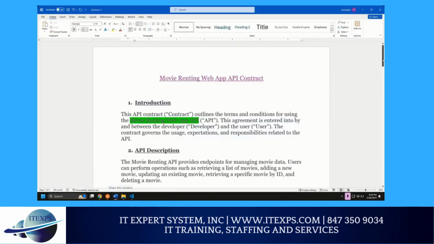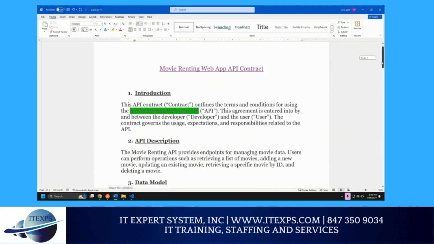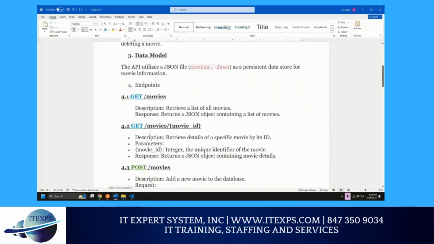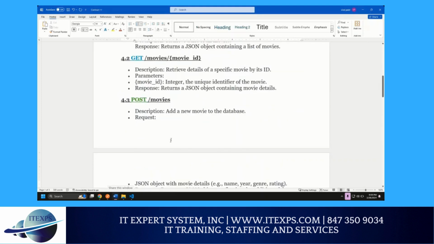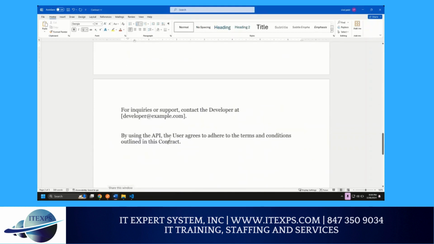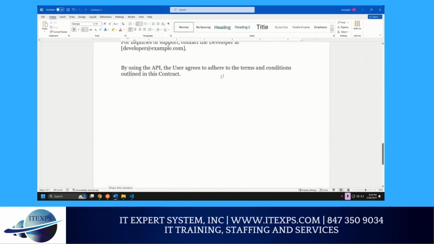So this is a basic contract for our web service API, and in it we have defined all the methods: get movie by its ID, and we have a post, also put and delete. So we have this kind of long contract. You guys can read it. And the next thing I will show you is our application